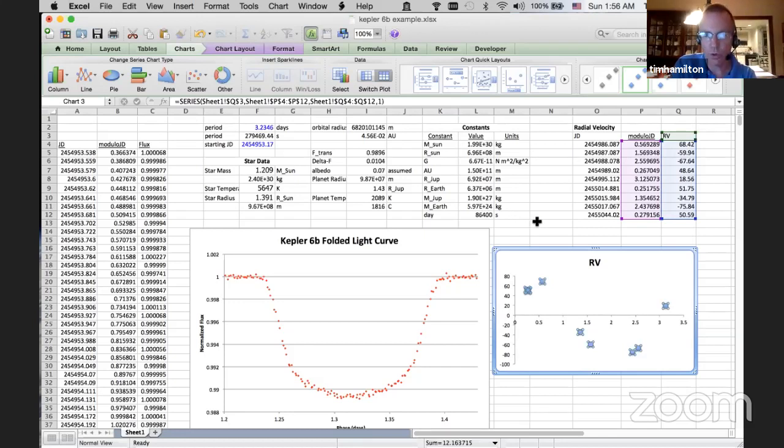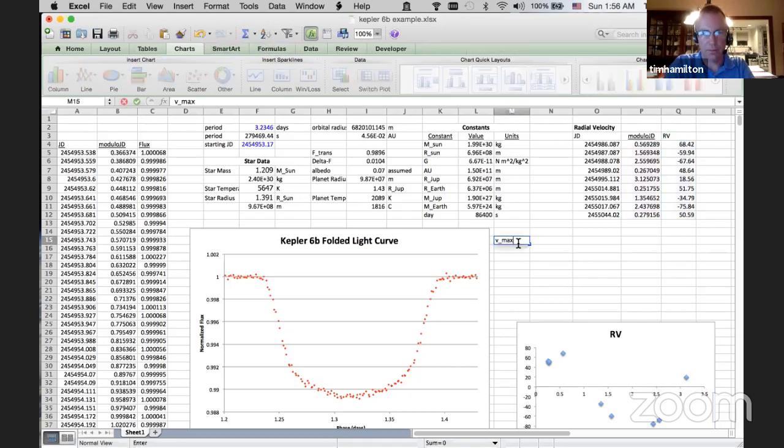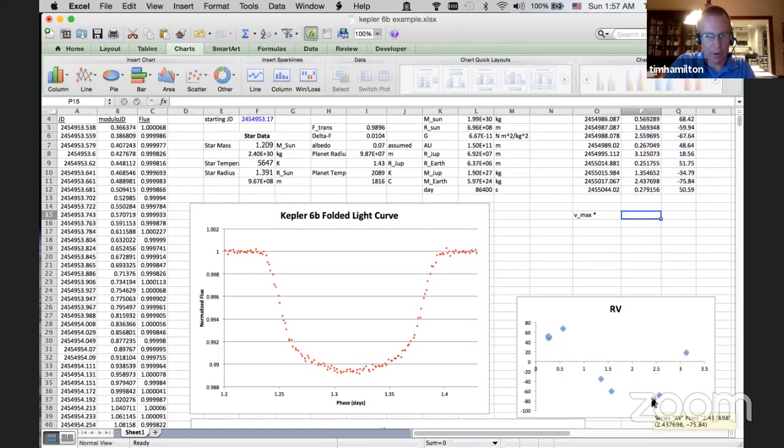So we're going to put max velocity on here. We need that. I'll put V max, and I'll put an asterisk for the star. Let's move that over a little. Okay, let me read what that was again. Now, again, for those who are doing it in TopCat, you're just going to write this number down, negative 75.84. And that's in meters per second.